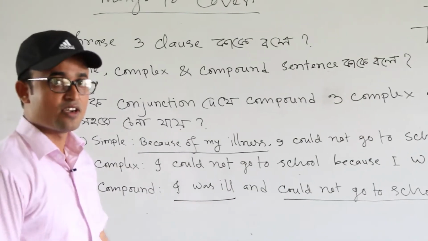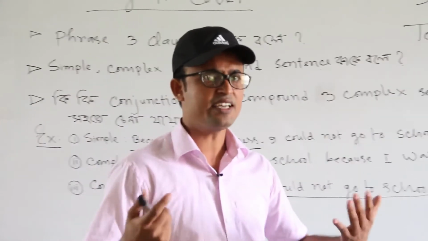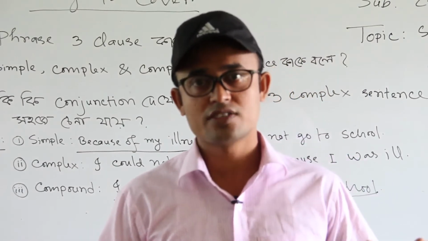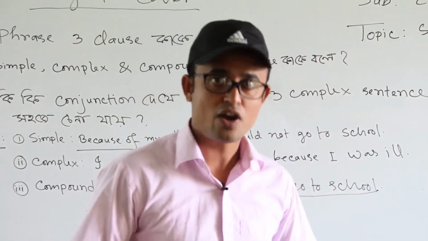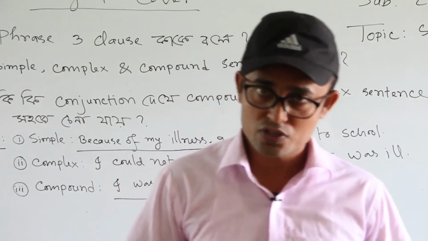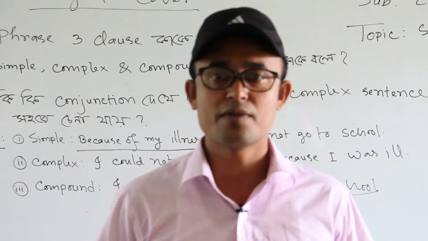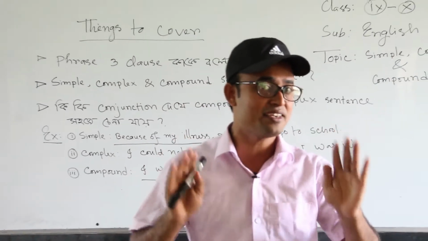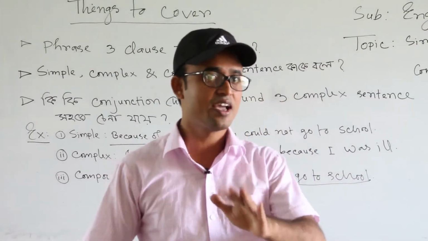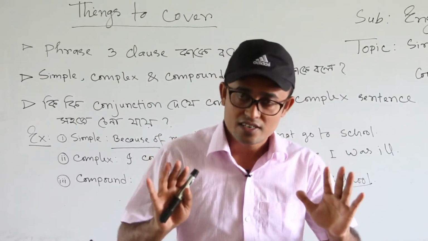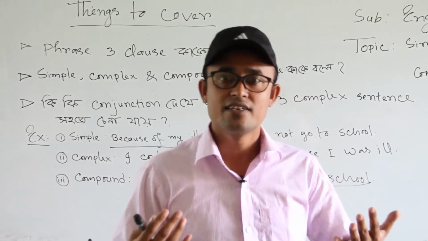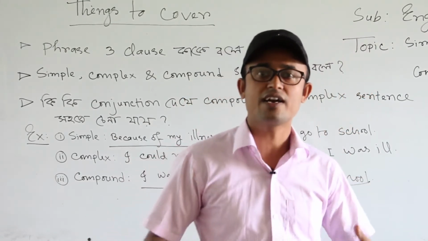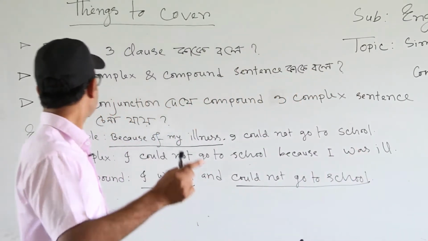What is complex sentence? Complex sentence is what? যে সেন্টেন্সে এক বা একাধিক সাবঅর্ডিনেট ক্লজ অ্যাড হবে সেটা হবে কমপ্লেক্স সেন্টেন্স। তোমরা প্রশ্ন করতে পারো, স্যার আমরা কিভাবে চিনতে পারবো কোনটা সাবঅর্ডিনেট ক্লজ কোনটা প্রিন্সিপাল ক্লজ? Okay, don't be upset, this is very easy. After some time, I will discuss some subordinate clause marker and principal clause marker. Okay.